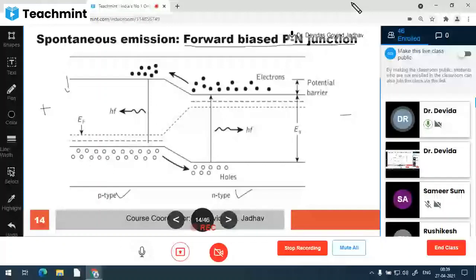level now becomes in this way, and it takes the donor energy level to a higher level. Okay. And it reduces the potential difference. This difference between the conduction state of the P and the conduction state of the N gets reduced, and then these electrons can easily jump from this side to this side.